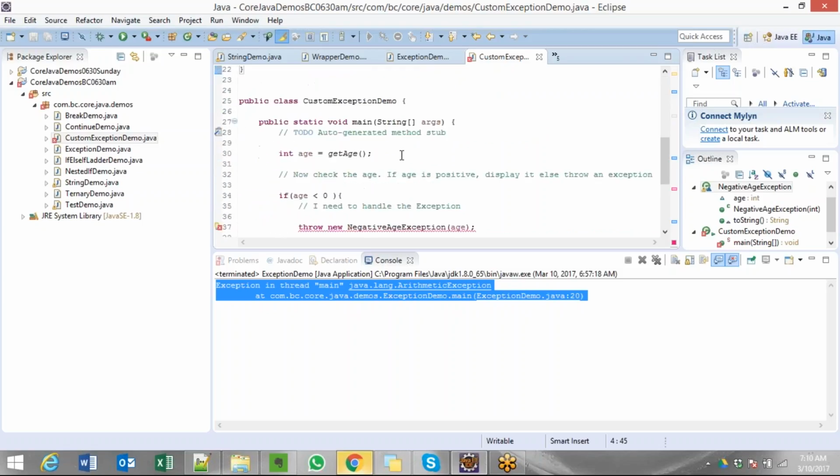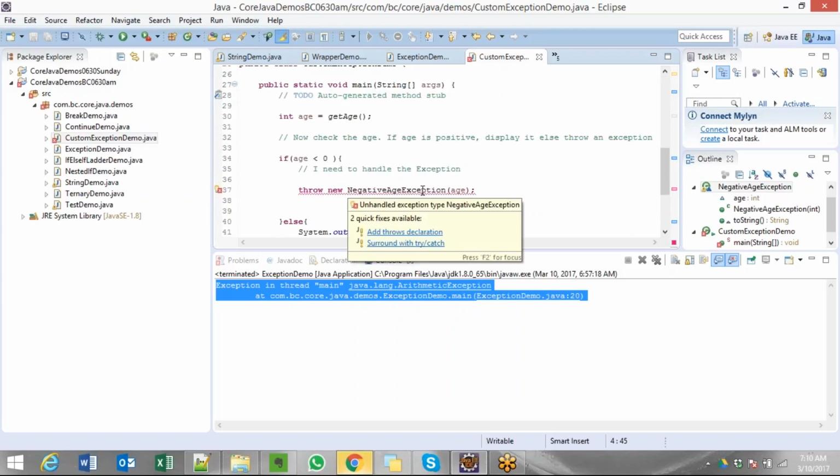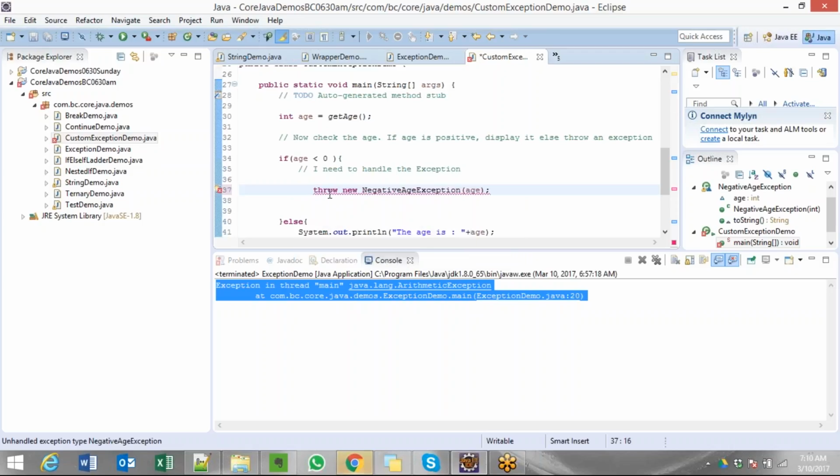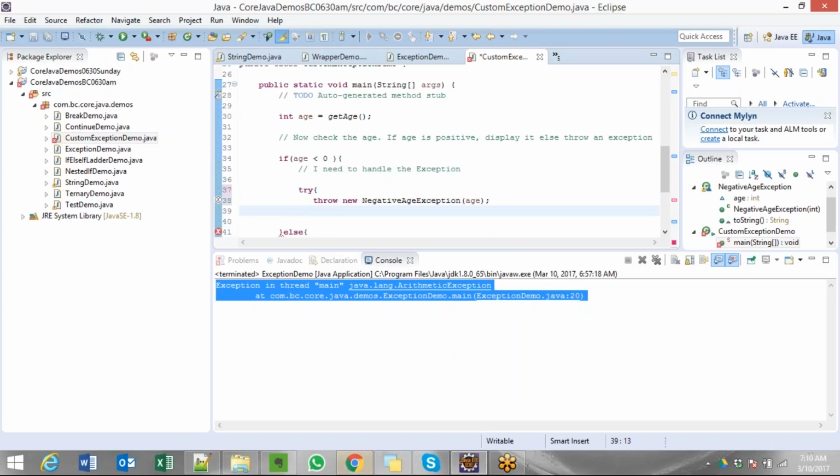Now look here. Unhandled exception type negative age exception. It means when age value is negative, then I'm going to throw an exception. So when I write the statement, I have to handle that exception. I can handle that by mentioning it in try catch block. So what I'll do is try, and here I go catch